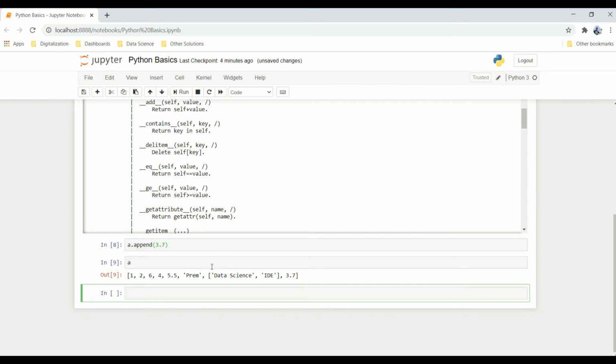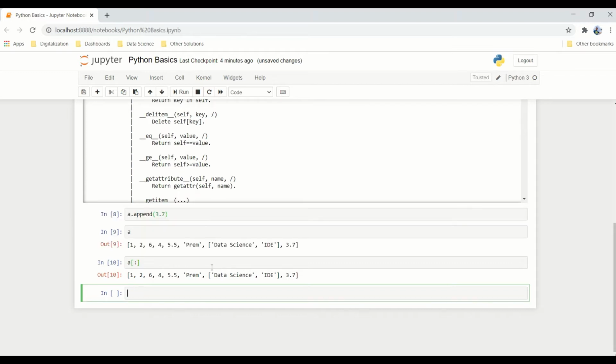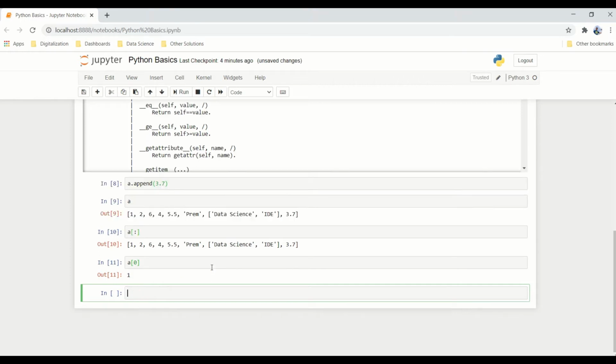Now let's see how to navigate through each of these elements. If you type a colon, it will show all the members of the list. Now if you put A of 0, you can see that the list starts with 0, not 1. So A of 0 refers to the first element in the list, which is 1. You can try with -1.